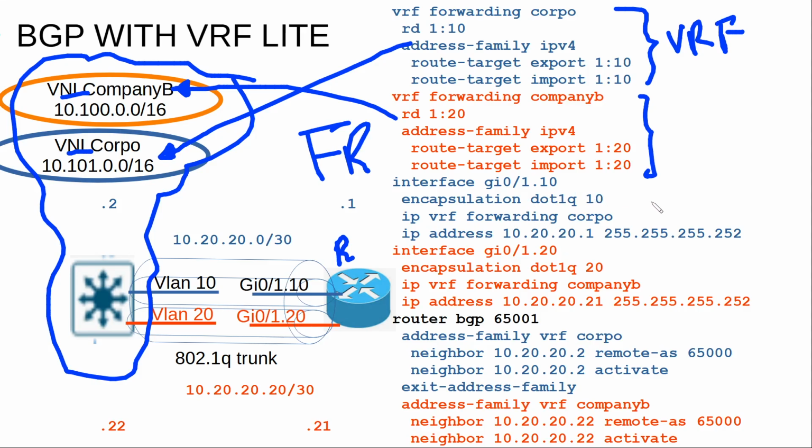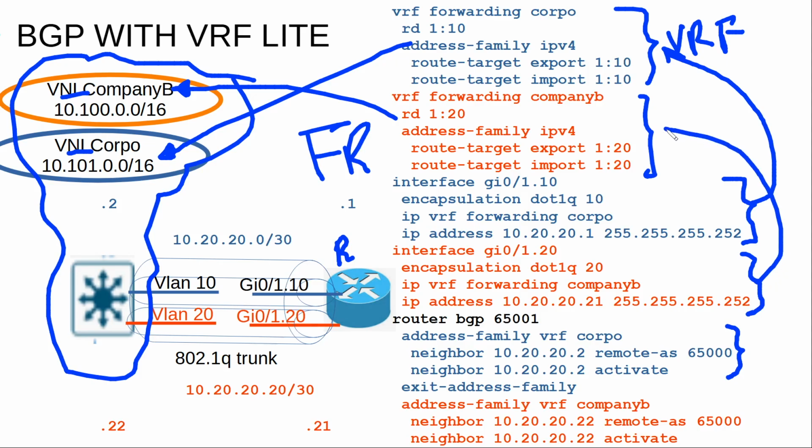Then I will create the subinterfaces. This subinterface is mapped into the corpo VRF, and I'm going to create a BGP peering using that addressing, and this other subinterface is going to match the company B VRF,